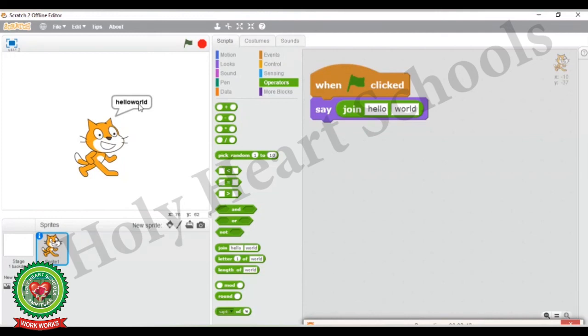If you want to display the result separately, in the first box you need to give a space. For example, here you can see I have selected the first word and by pressing the spacebar key I have given a space here. Now again double click on it and now you can see there were two different words in different boxes, but in the message both the words are displayed together.